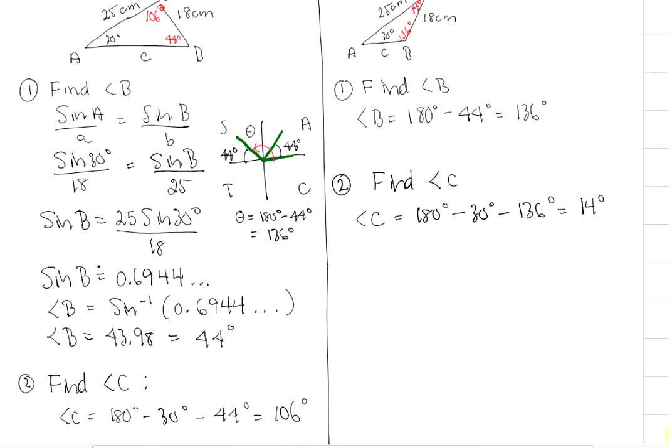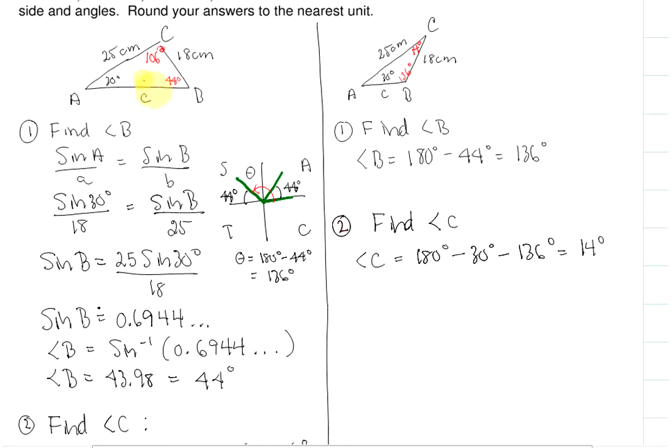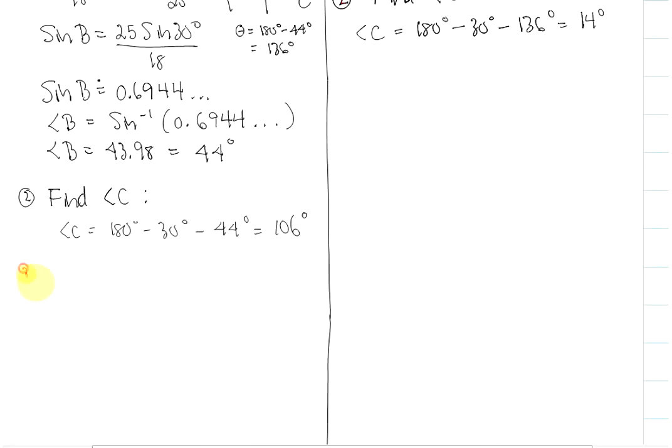Okay, so now on both triangles I'm going to find side C. All right. Now I already have angle A and its opposite side and angle B and its opposite side, so I can use either sine A over A or sine B over B to get side C. So I will use the sine A over A on this triangle, and I'll use sine B over B on this triangle, and just show you that you'll get the same results. Okay. All right, so I'm going to find side C,